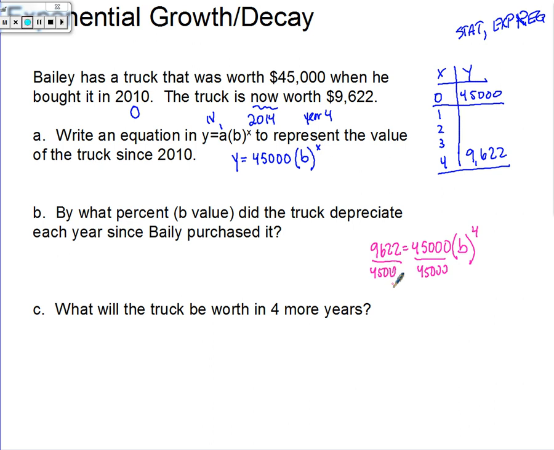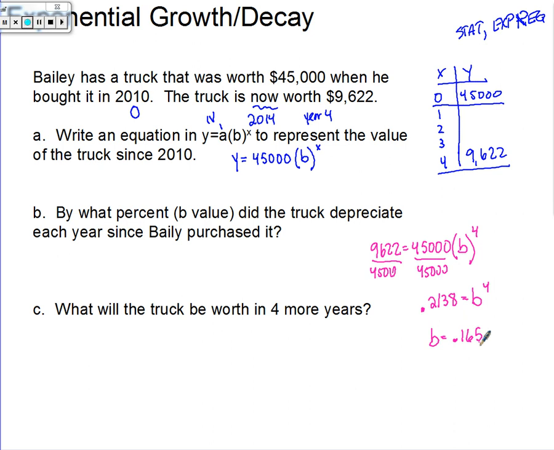All right, so let me get my calculator here. Okay, so I have 9622 divided by 45,000, and I get 0.2138 equals b to the 4th. Don't round this number off too much. Then I want to take the 4th root, so I'm going to push the math button, x root of my answer, 4 as x root of my answer, and I'm going to get b to be